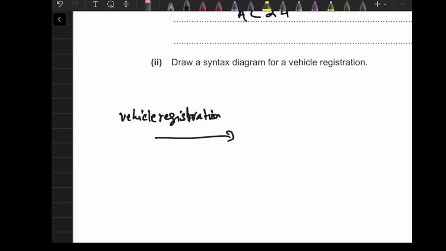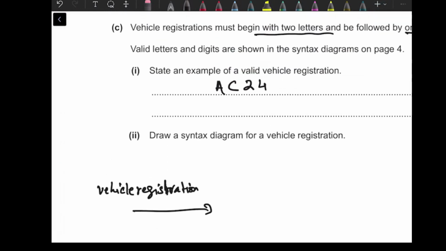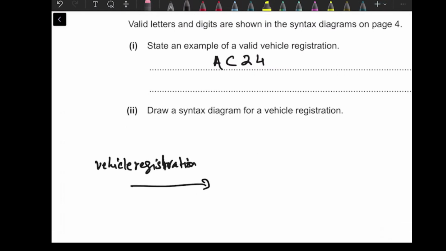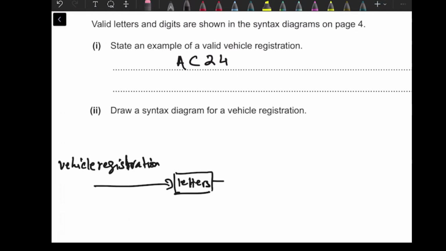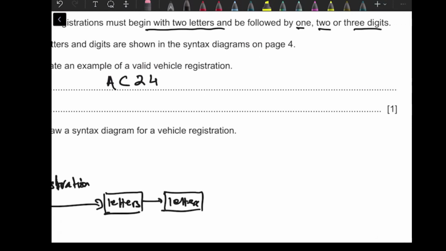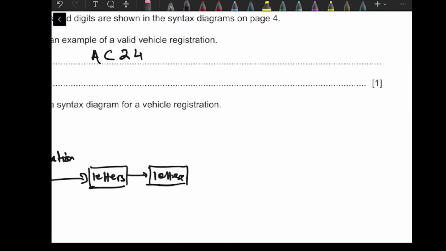Okay, so what does vehicle registration have? It begins with 2 letters. Okay, so we have two letters, and then, it says, followed by 1, 2 or 3 digits. So we have